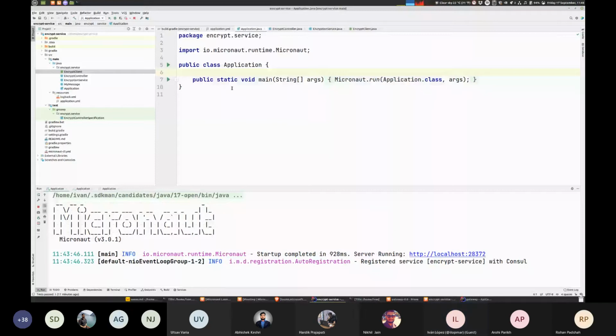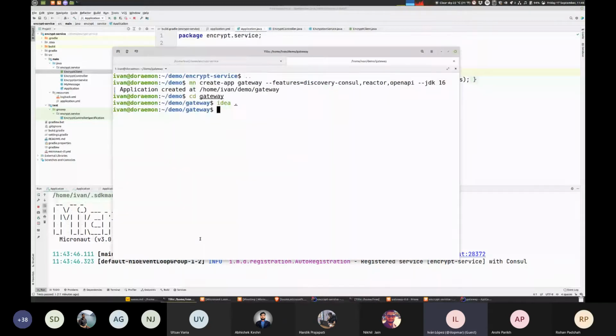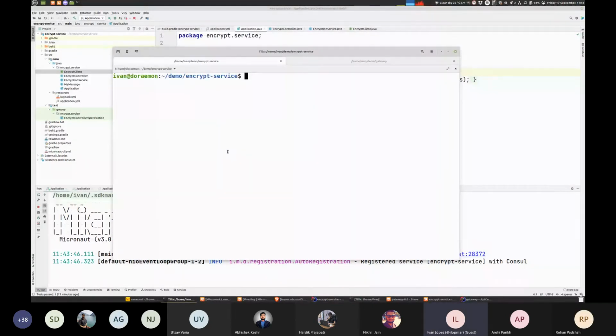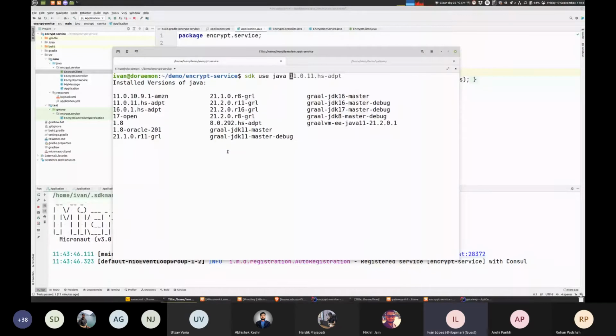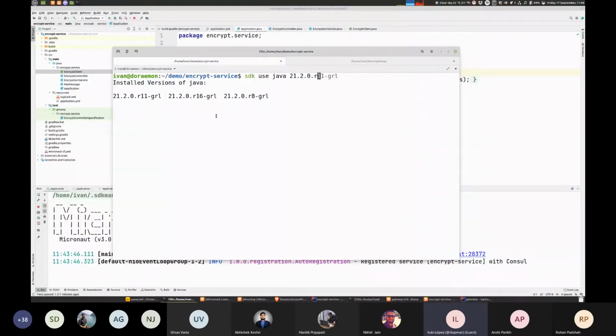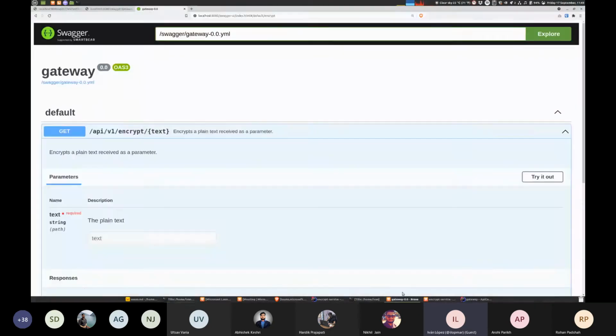So what I'm going to do is, from the command line, I'm going to run. Well, you need to do one thing first. You need to switch to a GraalVM Java version. If you are using SDKMAN, you can use any GraalVM version. The latest one is 21.2, and there are flavors for Java 11, 16, and 8. But as I need 17, I have this one compiled from source code, but you don't need to do that. You can go here,